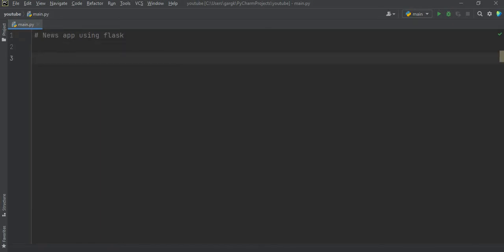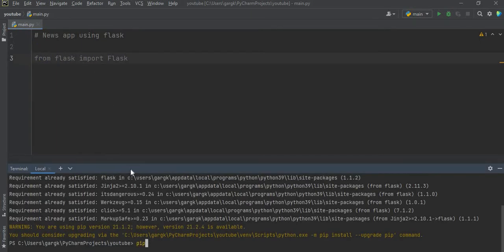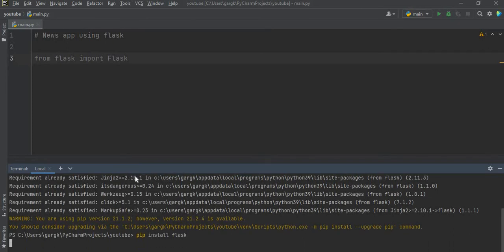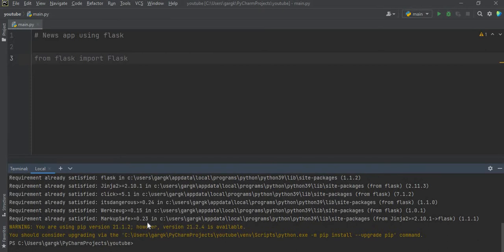So I will write here from flask import Flask. I am basically importing this Flask class from this module. But if you don't have Flask installed, then you can press Alt plus F12 and write here pip install flask, and it will install it for you. Now let's clean my terminal